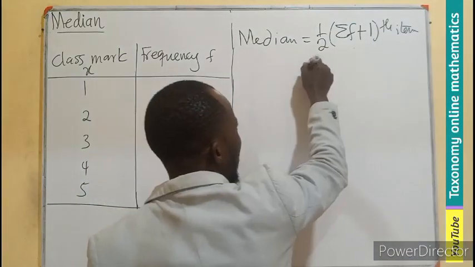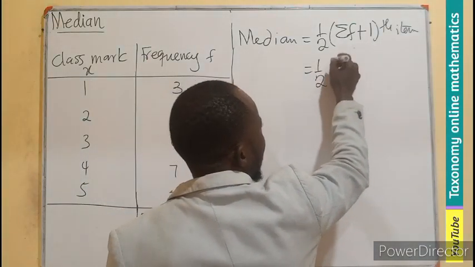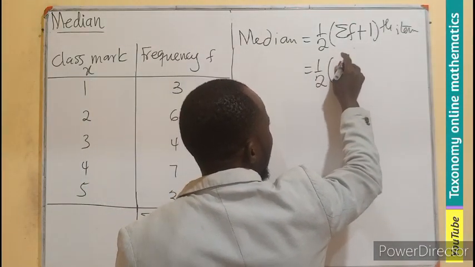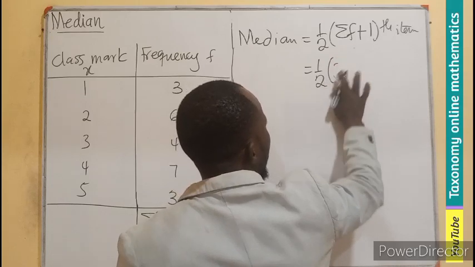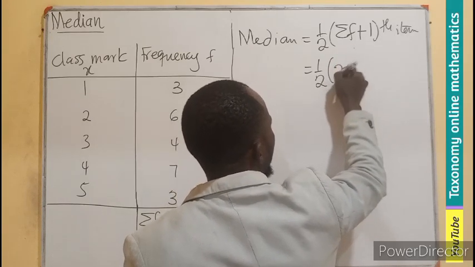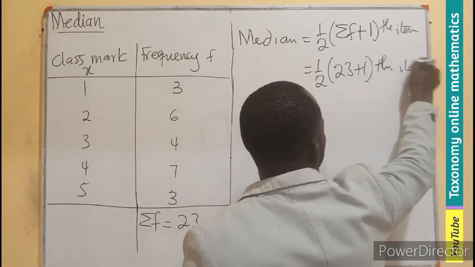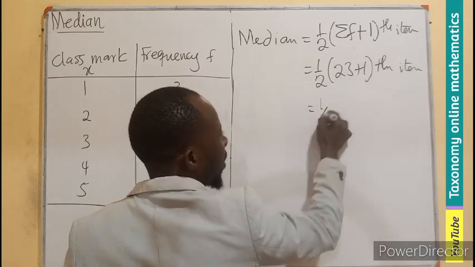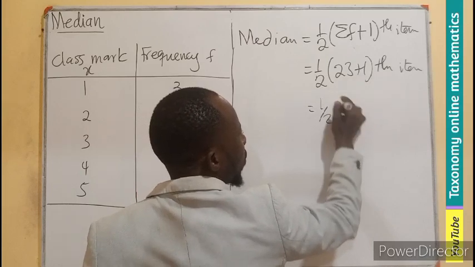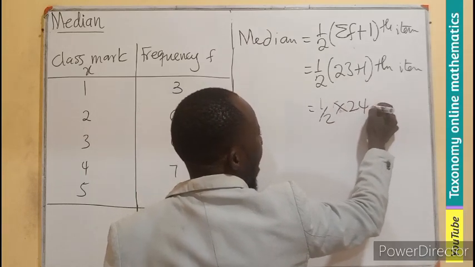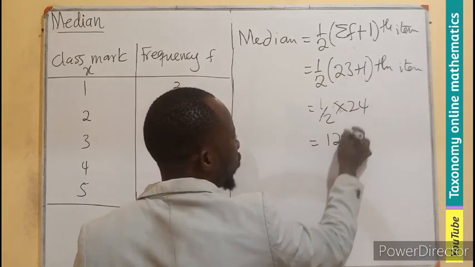So in this case, it is going to be 23 plus 1 item, and that is going to be half of 24 item, which is going to be the 12